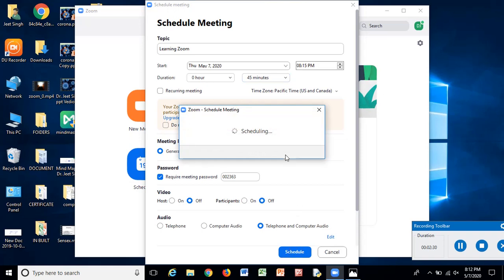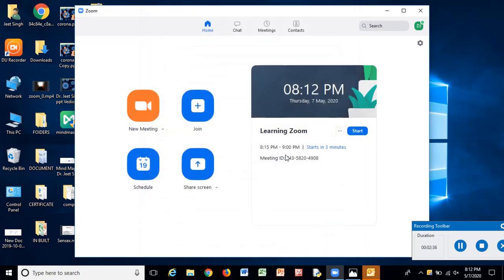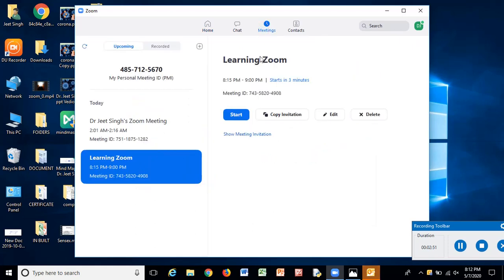Now it is scheduling. It takes some time depending upon the internet availability. Now you can see the meeting ID is there, and you can also start the meeting before the scheduled time. You can click on Meetings and see that you can start before the time.